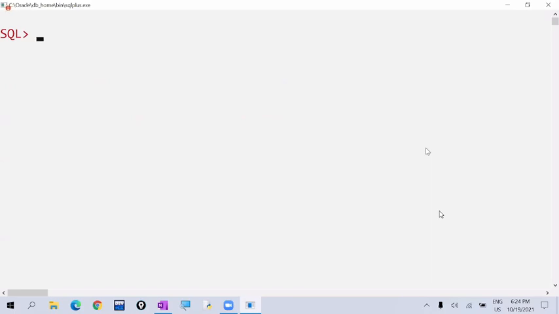Just see, observe. I am creating a table. I'm giving the table name as char demo 1. F1 means field 1. I'm declaring this as char data type. I'm not giving any size here. For example, if we give the size here, what is the field size now? 3. That can accept 3 characters.